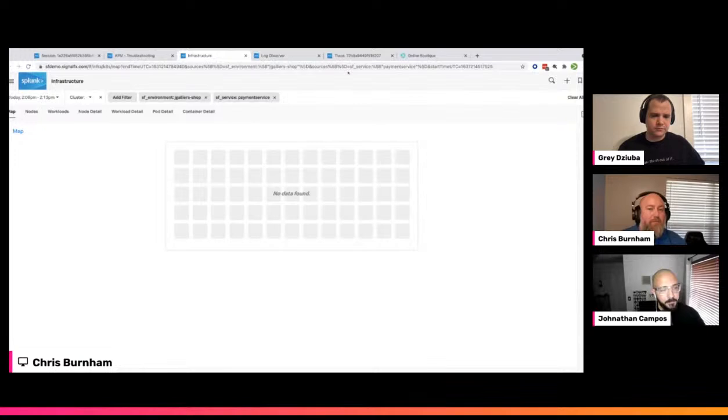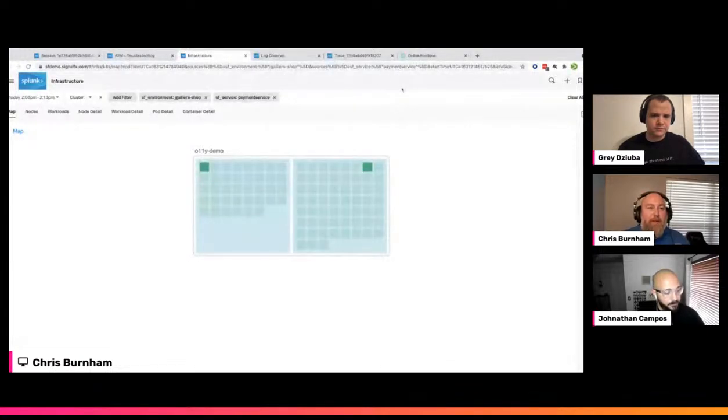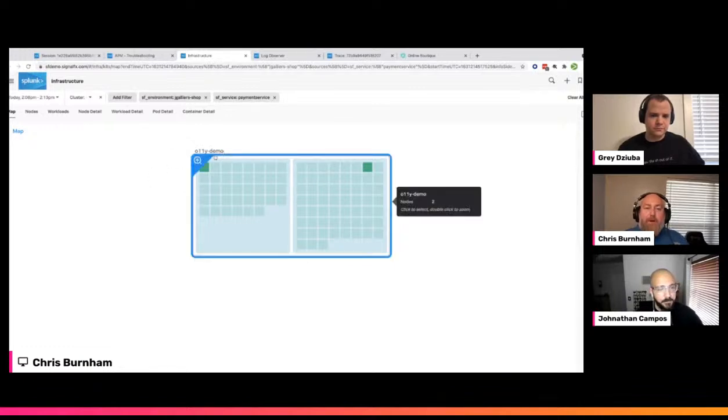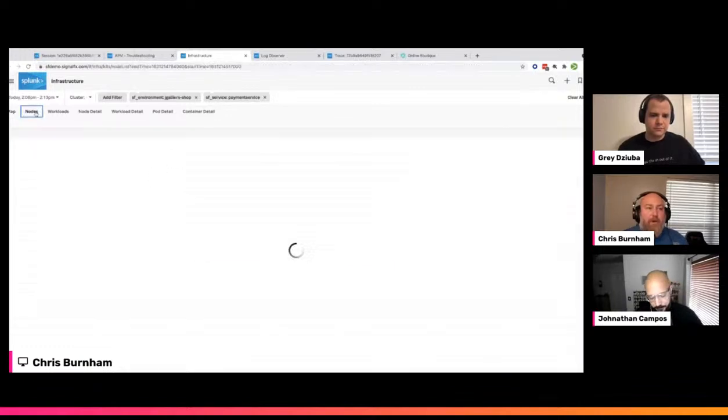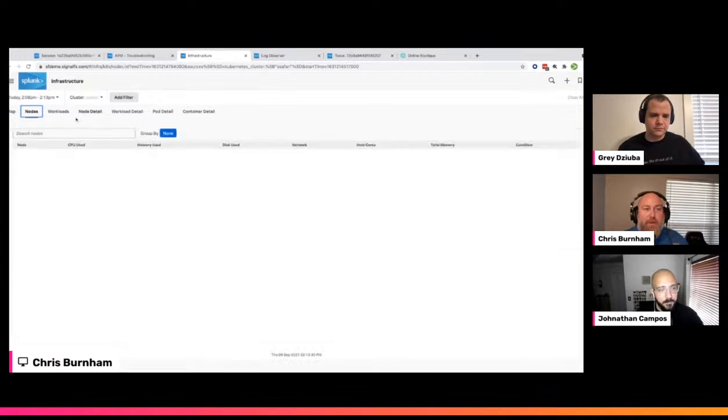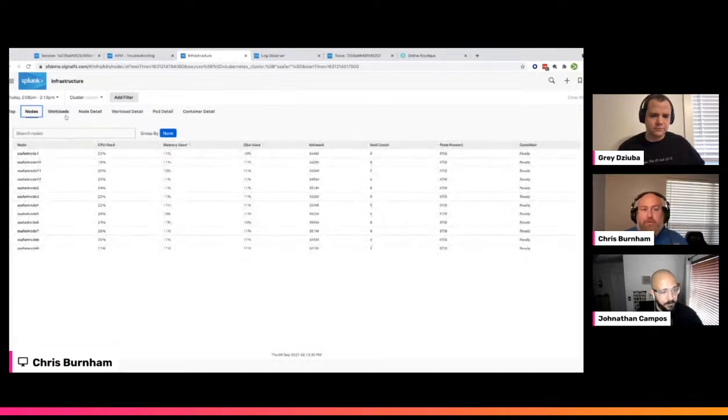And again, it would have pre-drilled down, pre-filtered, and would have given me some infrastructure overview of my environment, filtered down based on the services and any other filters that I had. Right, so it gives me an idea of the map. I can see all of the nodes and their details, the workloads.